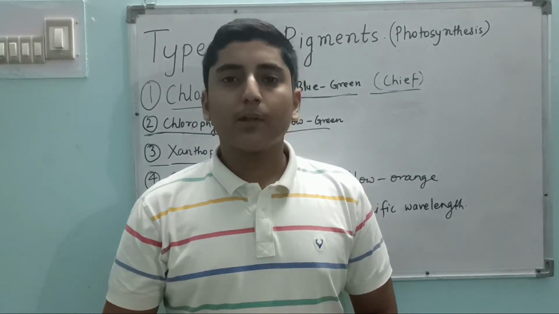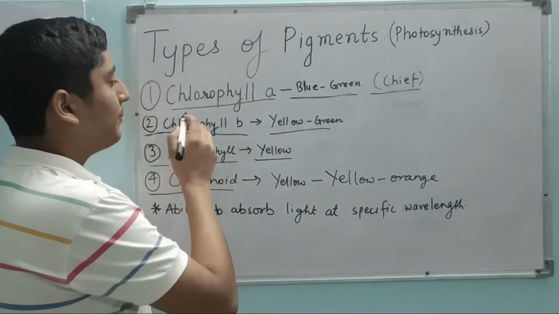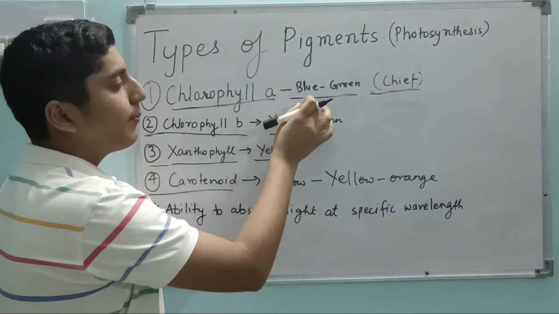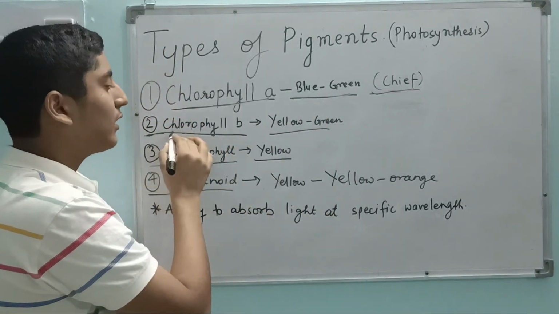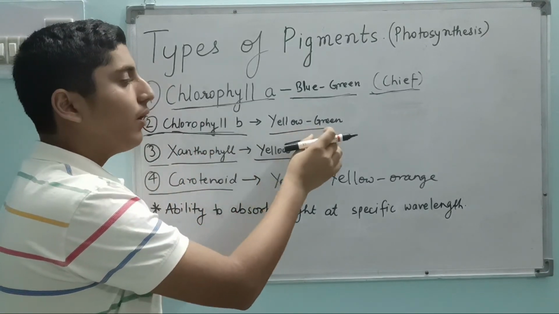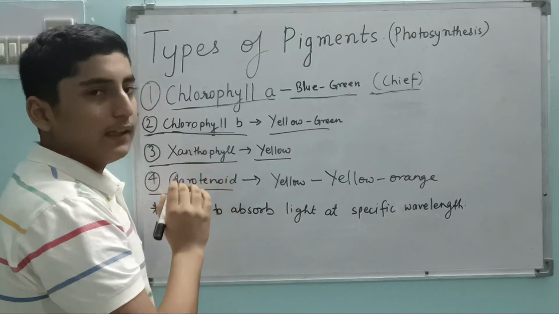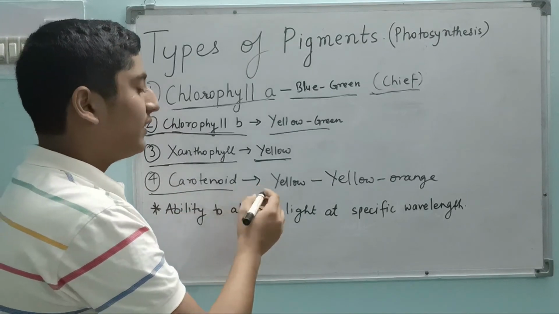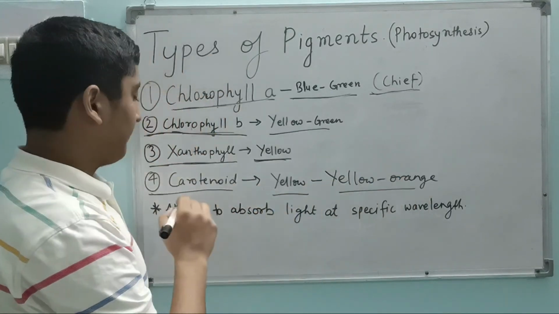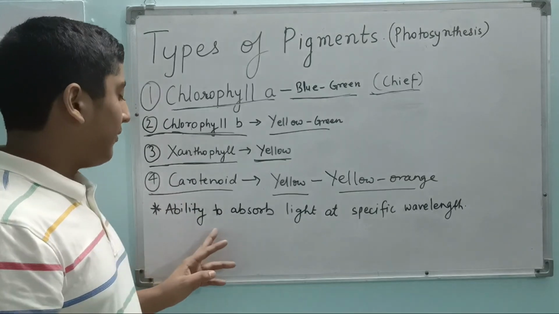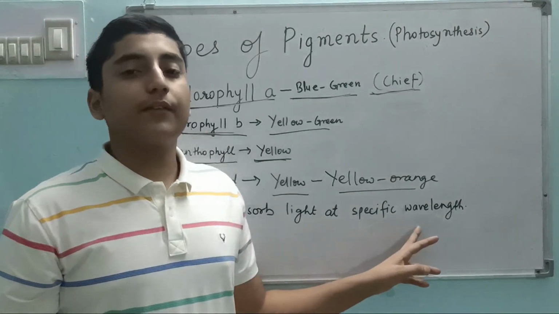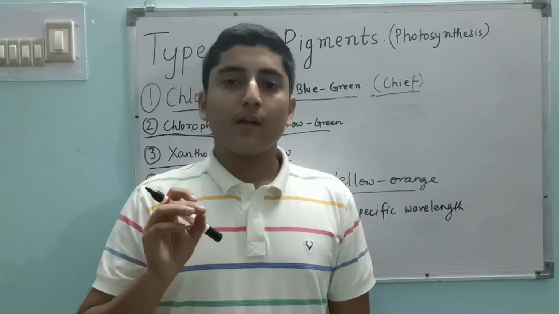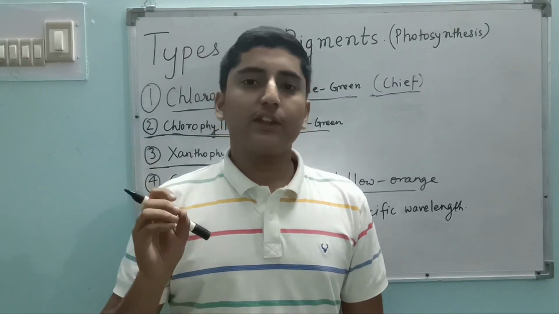There are 4 main types of photosynthetic pigments. The first pigment is chlorophyll A, which is the chief pigment and is of blue or green color. The second is chlorophyll B, which is of yellow or green color. The third is xanthophyll, which is of only yellow color. And the fourth is carotenoid, which is of yellow or yellow-orange color. These pigments have the ability to absorb light at a specific wavelength. The maximum photosynthesis takes place in the region of blue and red light, not artificial blue and red light, but